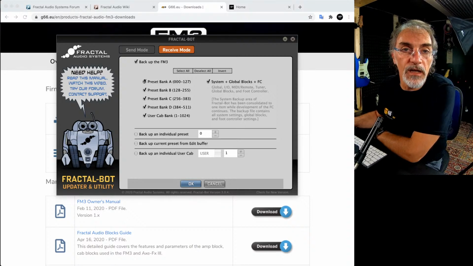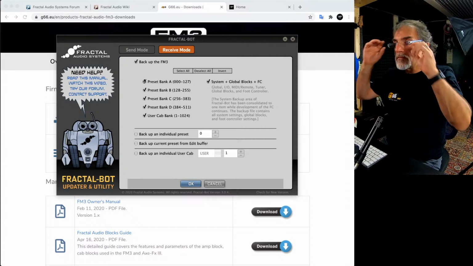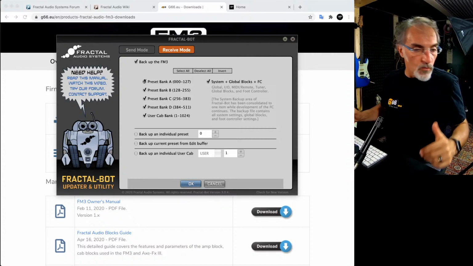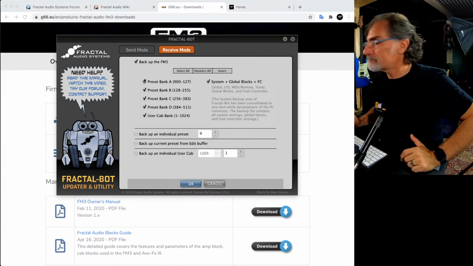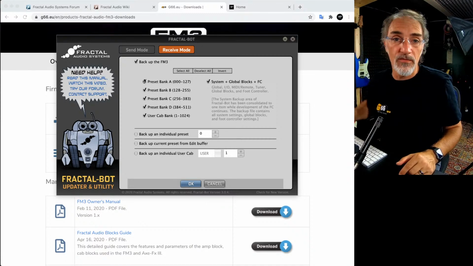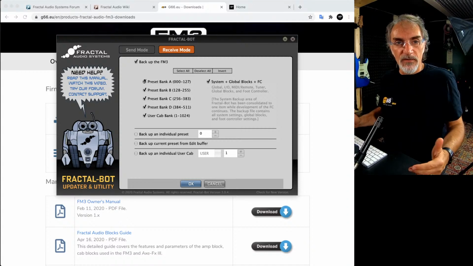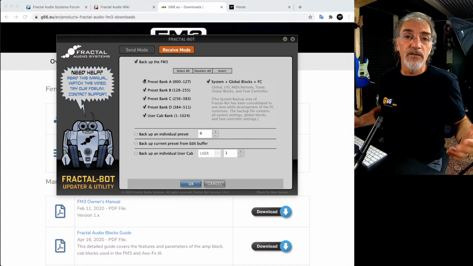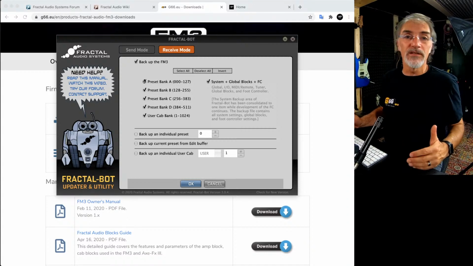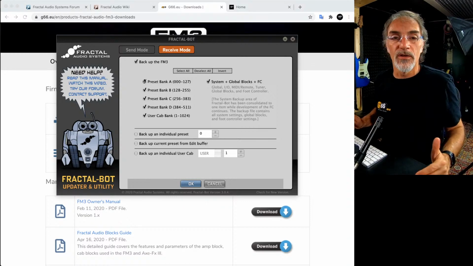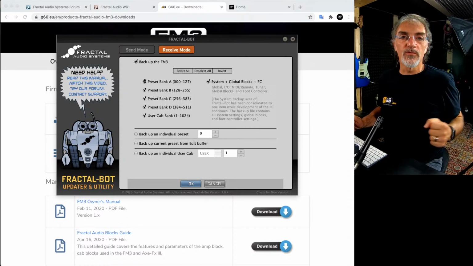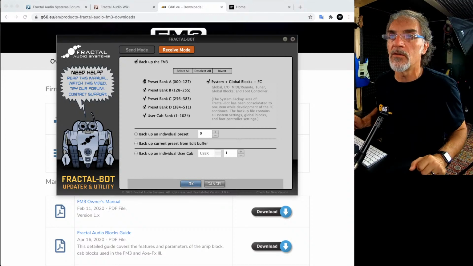Do this periodically, especially before installing the new firmware, because it's quite easy that you install the firmware and, for example, the power goes down. So what happens now? You have the possibility to recover the FM3, but unfortunately there is a concrete risk of losing your presets. So before doing this, save your presets.